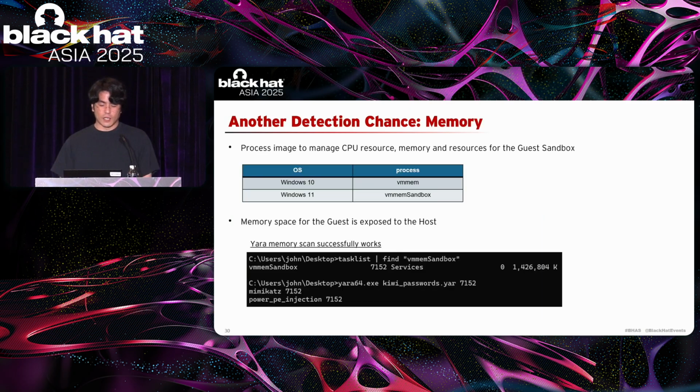Okay, and it should also be noted that there's another detection chance: memory scanning. Windows Sandbox has a process image to manage CPU resources and memory for guest sandboxes. For Windows 10, the name of the process is vmmem, and for Windows 11, the name of the process will be vmmsandbox. Interestingly, the memory space of the guest sandbox is exposed onto the host through these process images. So by scanning